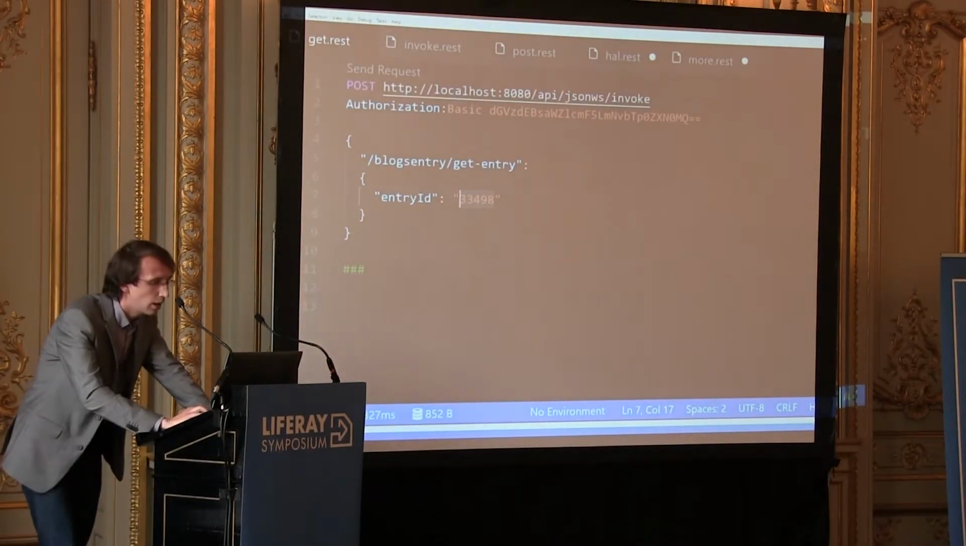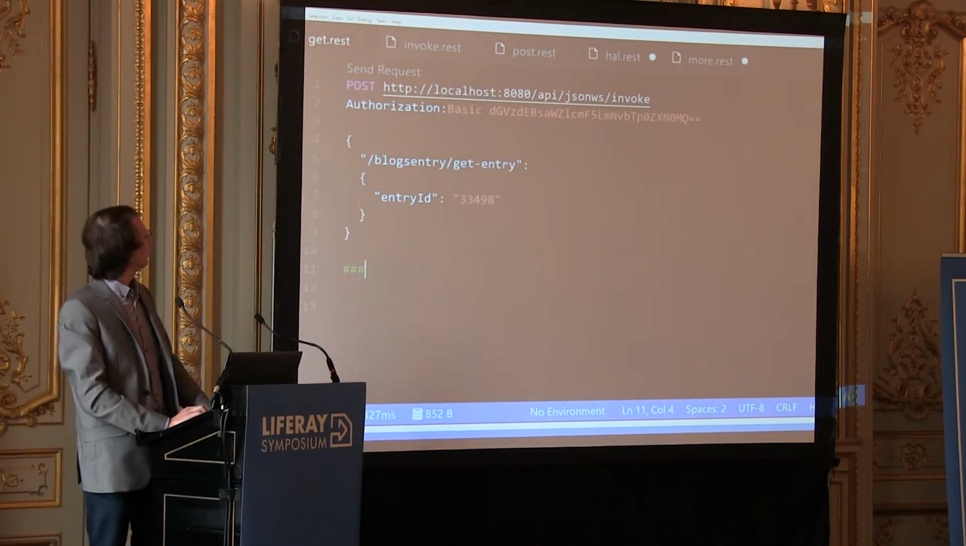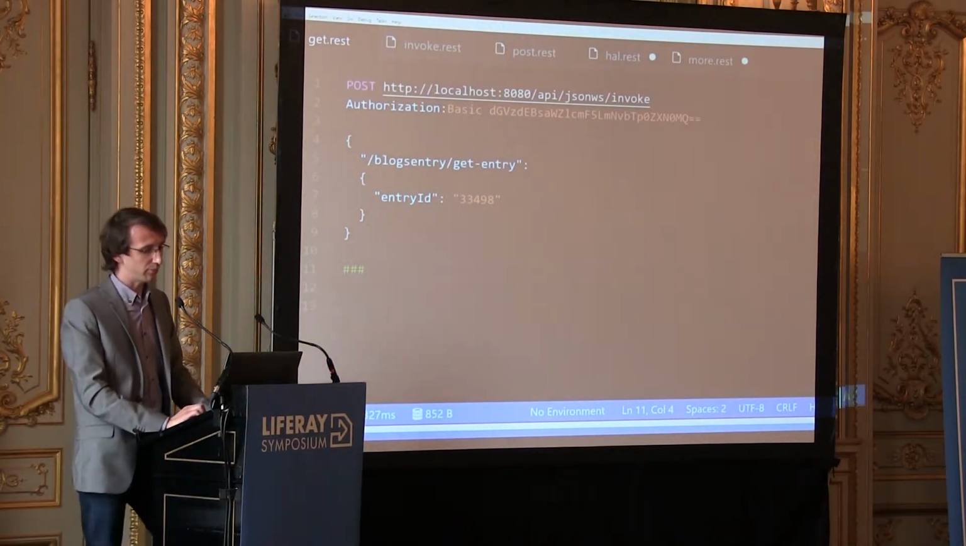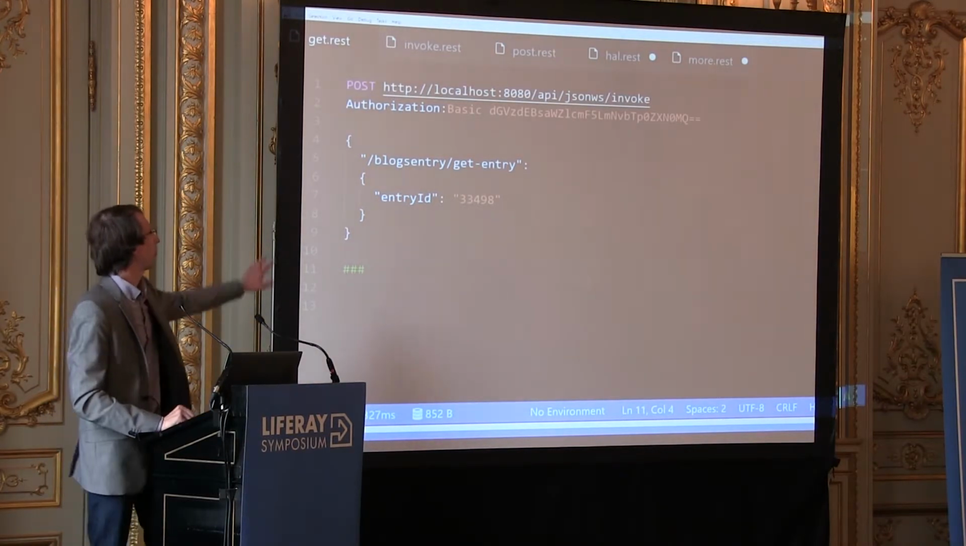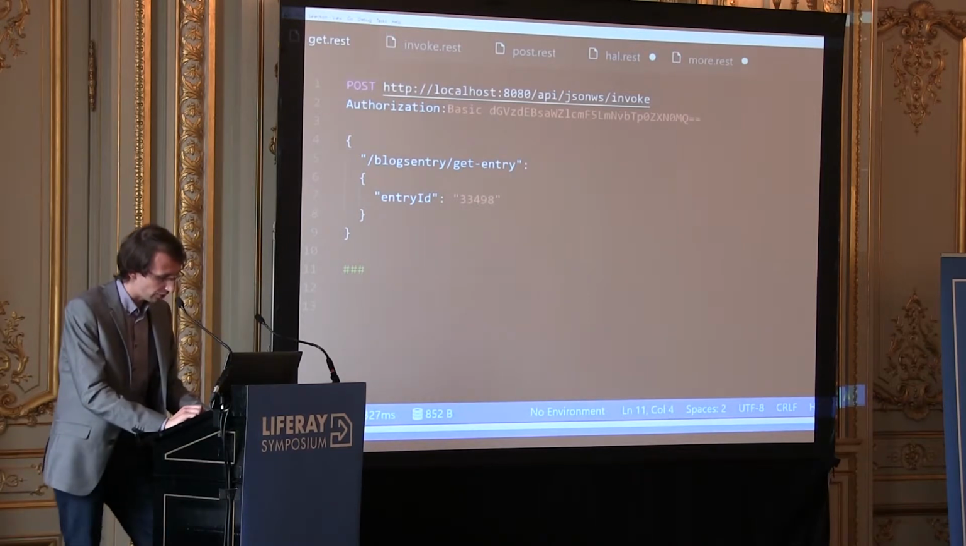Is that okay? All right, so what we're seeing here is a very simple request. It's targeting our JSON API. It's just retrieving a single blog entry. And if I run that,